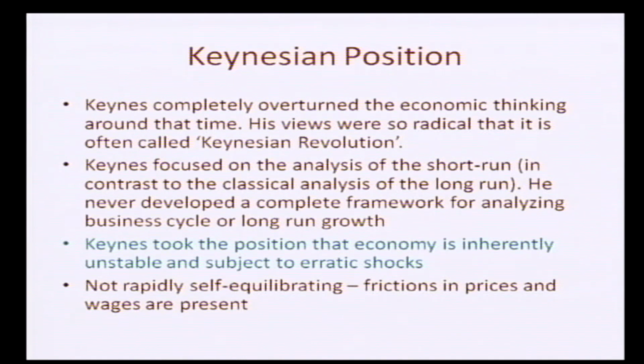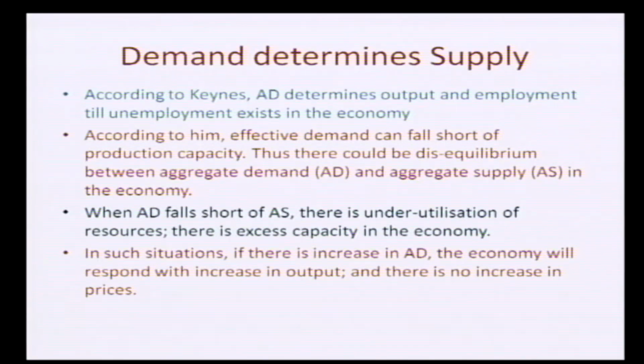According to Keynes, there are frictions in prices and wages, and because of these frictions, the wages and prices don't adjust to the equilibrium levels, and because of that, the government has to make some efforts. The government has to intervene in the market. The classical idea was that government intervention should not be there. The government should have the minimum role to play in the economy.